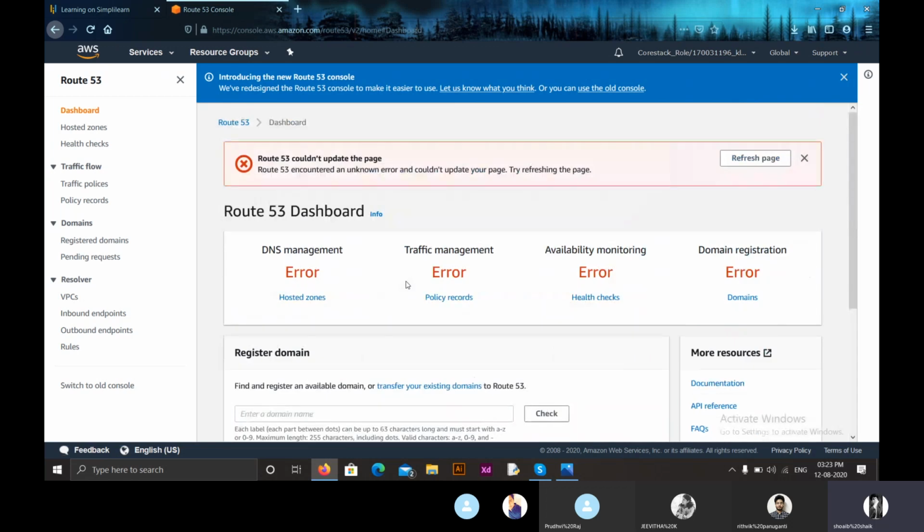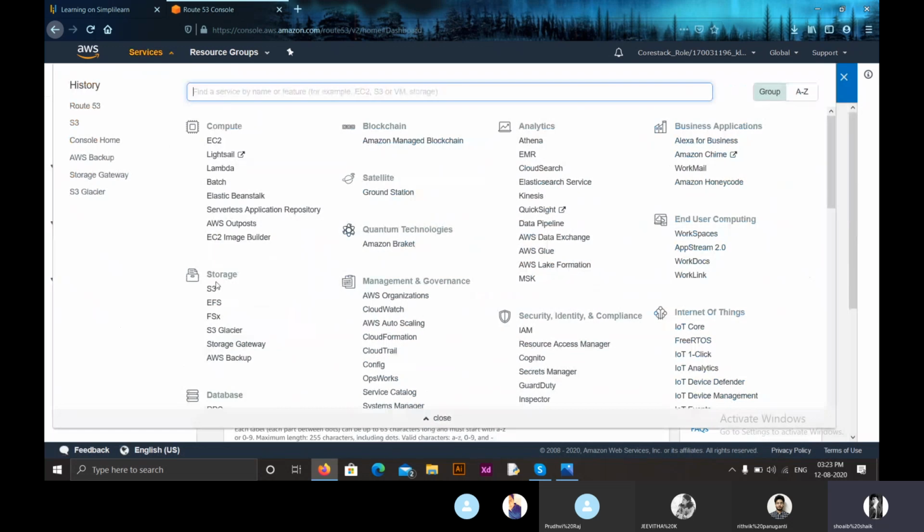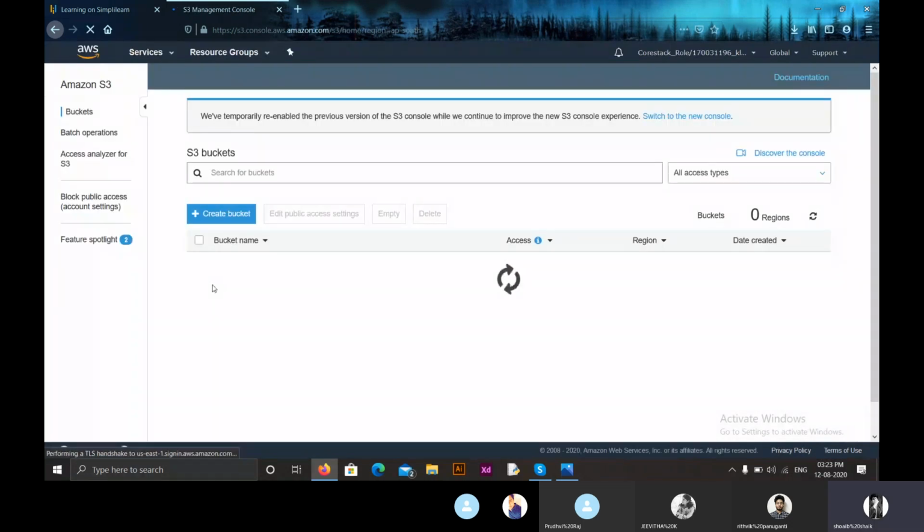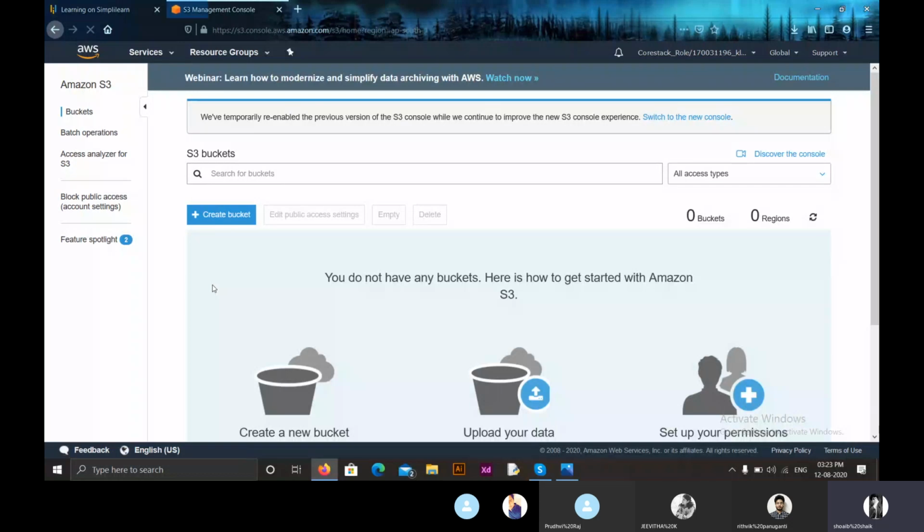So yes. Now let us move back to our S3 dashboard. We have completely discussed S3, Simple Storage Service. Simple Storage Service is an object service, and all the data in S3 is stored in buckets. We can store different types of data in a bucket.